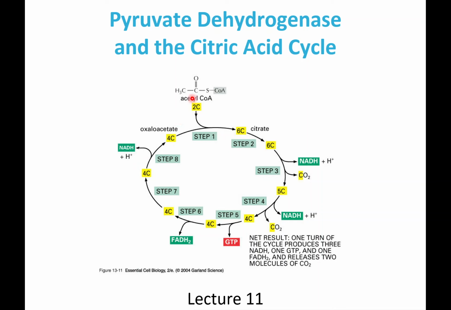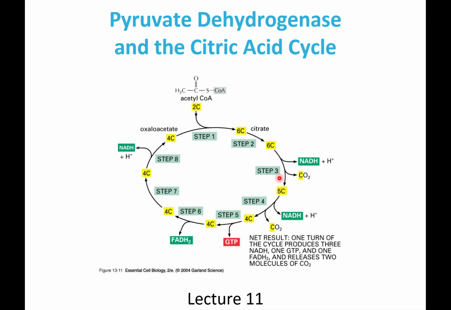So that's really our reference point. And how did we get to acetyl-CoA? There is actually one more step after glycolysis to convert pyruvate into acetyl-CoA. Pyruvate has 3 carbons, acetyl-CoA has 2, so we lose a carbon in this step to get it ready for the citric acid cycle. I like this figure on the title slide because it shows you how many carbons each of these compounds, intermediates in the citric acid cycle have,